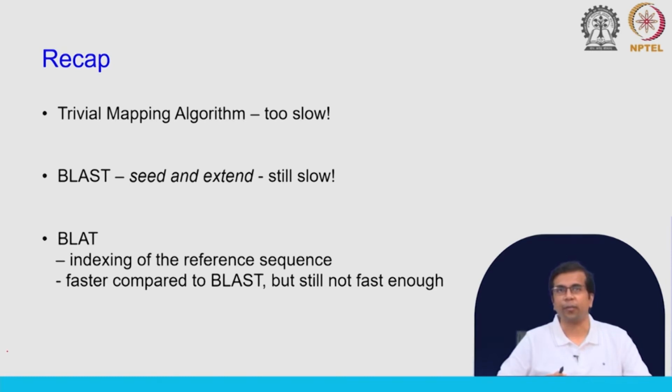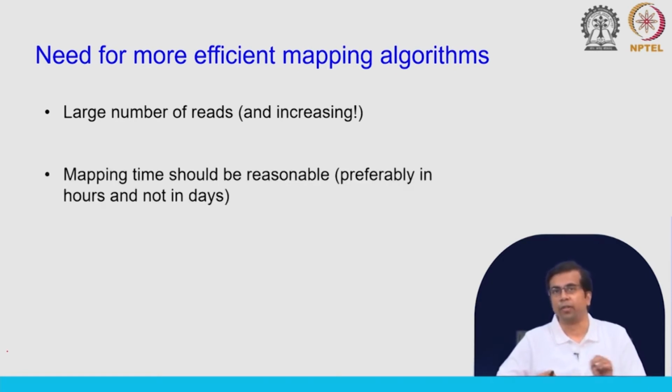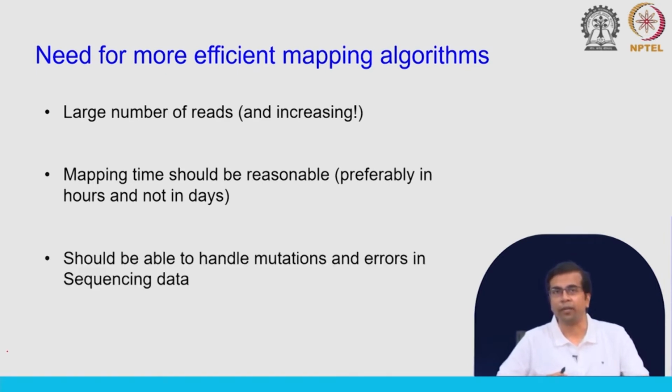So, the search for better algorithms continues. We need more efficient algorithms. By efficient we mean it should be able to process a very large number of reads, and this number is also going up as the technology progresses. This is crossing from millions to billions now. If you are processing multiple samples, you will probably be handling billions of reads. So, the mapping time for these billions of reads should be reasonable, preferably in hours and not in days, especially not in tens of days. Maybe a couple of days, 3 days for billions of reads, that is probably what we can live with,